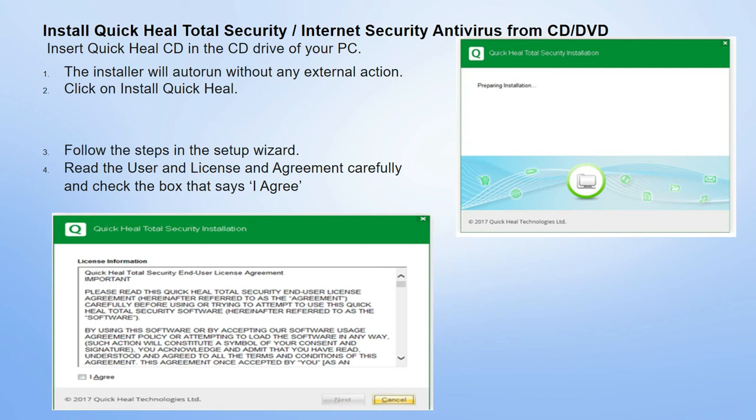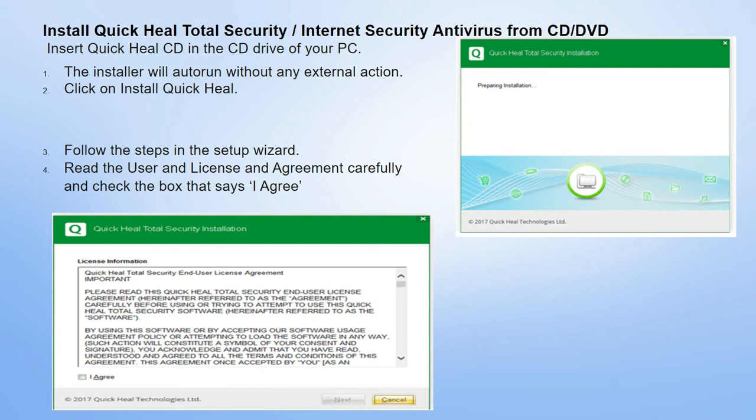Before installing, remember one thing: whenever you are using antivirus software, you have to purchase it from the market. After purchasing the antivirus software, you will have one product key, along with one CD or DVD for installation into your system. Clear? Don't go for the free antivirus software available on the internet. To secure your system you have to use licensed antivirus software, so you have to pay for purchasing it.